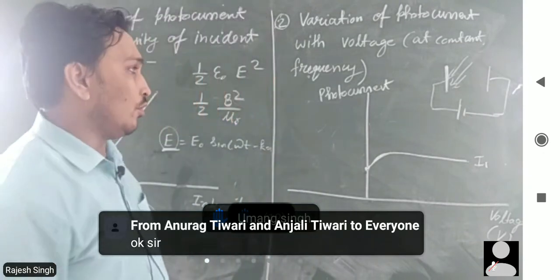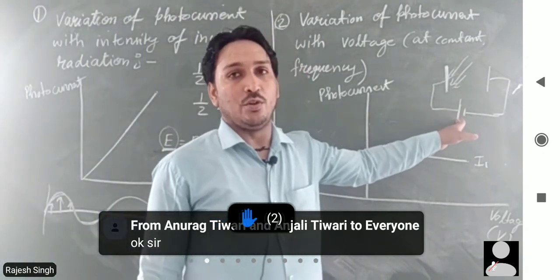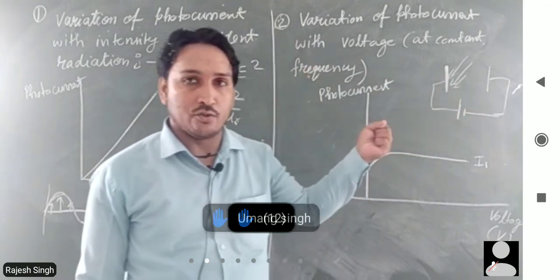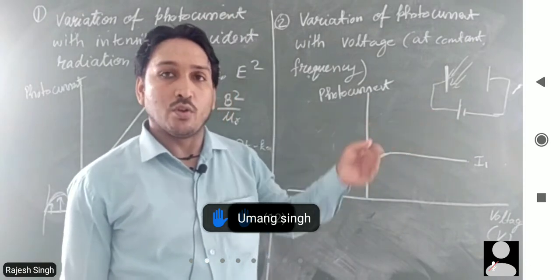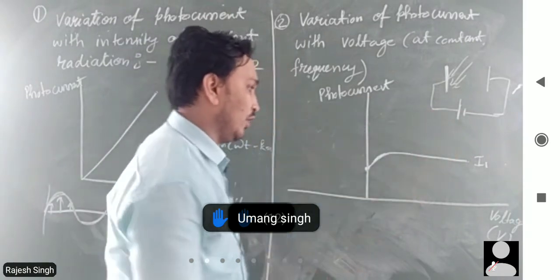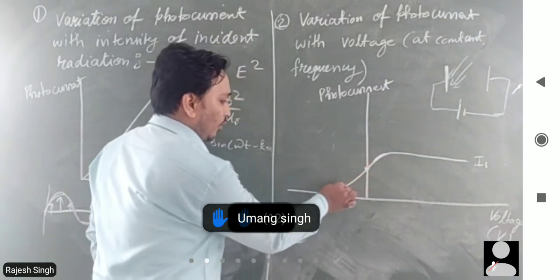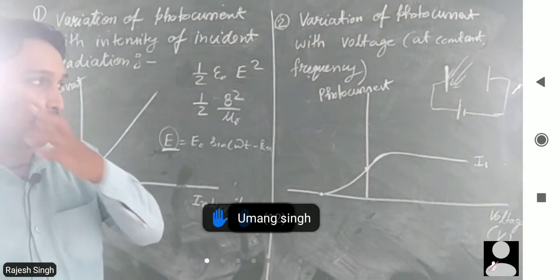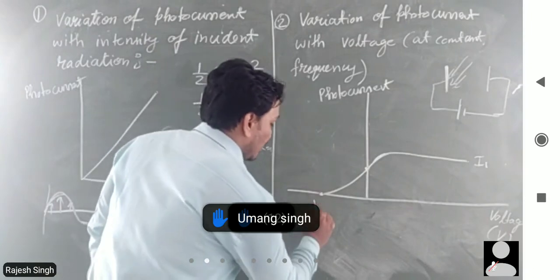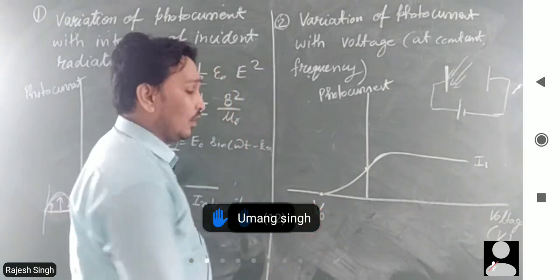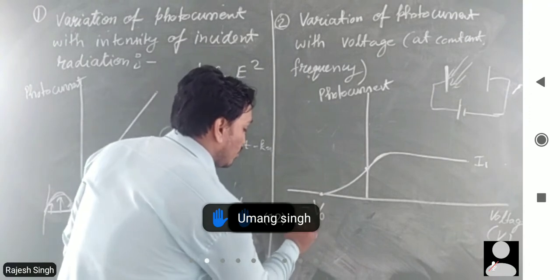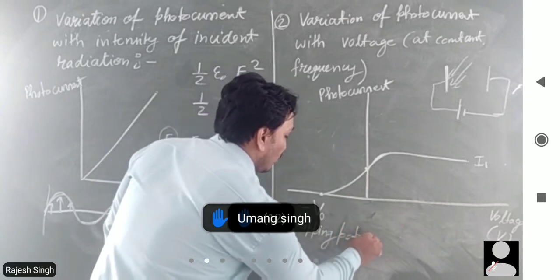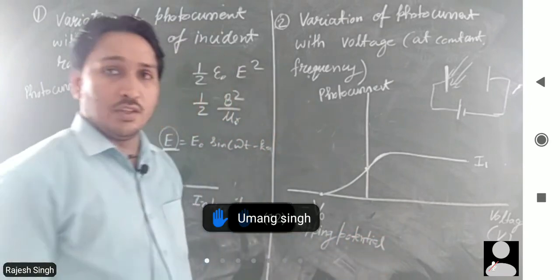Okay, good. If we increase this reverse voltage, why am I calling it reverse? Because the zinc plate is now connected to positive. It will pull electrons, not push. So current will decrease. If we increase this voltage, at a particular point of voltage the current becomes zero. This voltage is represented by V naught, and obviously it is negative. This voltage is called the stopping potential.